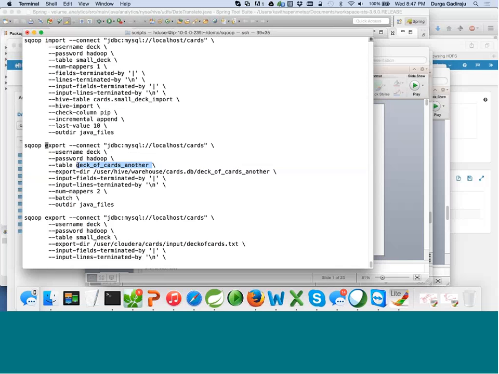So this is how Sqoop works. Sqoop is just to get data from relational databases into Hadoop and also from Hadoop into relational databases. To get data into Hadoop is called import. To get data out of Hadoop is called export. So it is similar to the export and import utilities you have seen in Oracle, like export data pump and import data pump, which are proprietary to Oracle, whereas Sqoop is not proprietary to anyone. It is a generic tool using which you can move data from any relational database into Hadoop and also from Hadoop into any relational database. I will not be running Sqoop commands now because